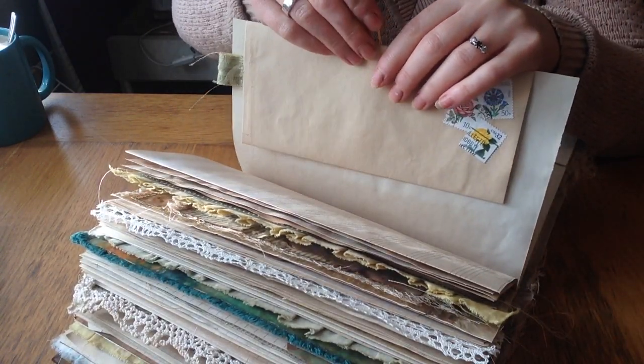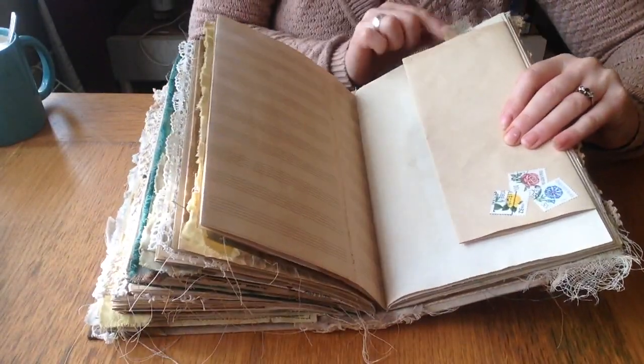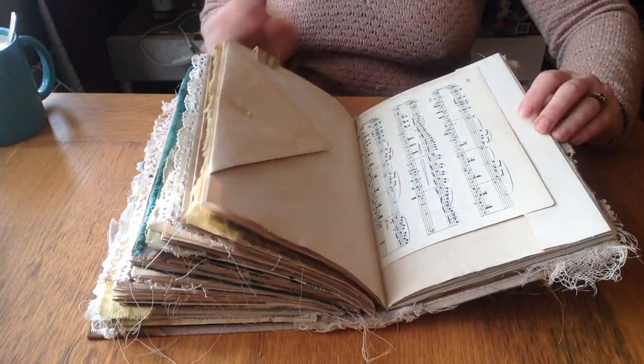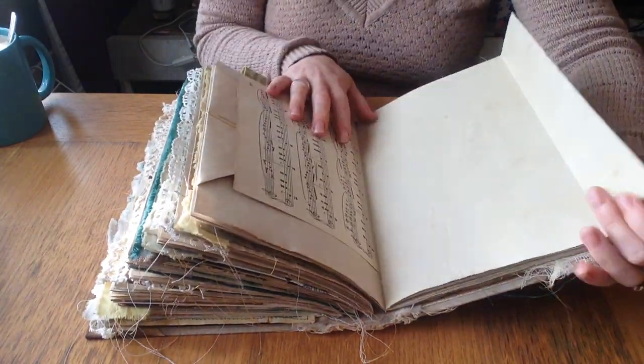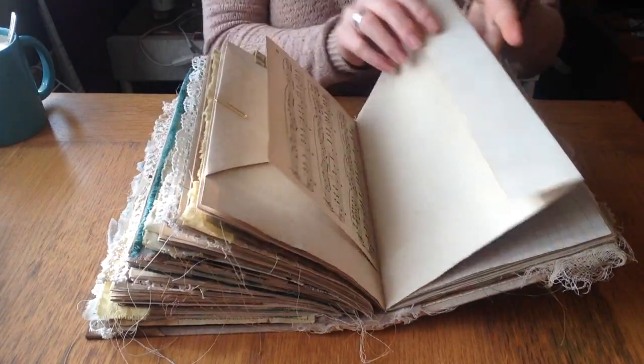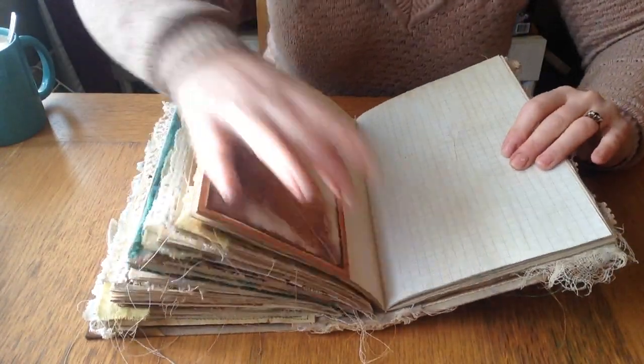Clipped with a little gold clip, and tab. Here is a tab, and music page, coffee stained thick paper, and here we have another